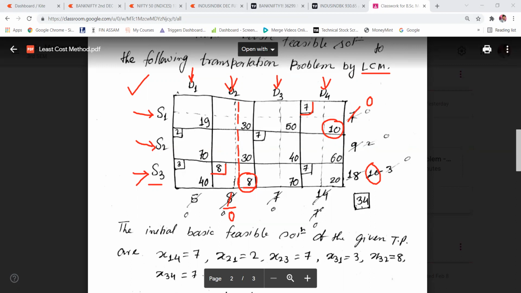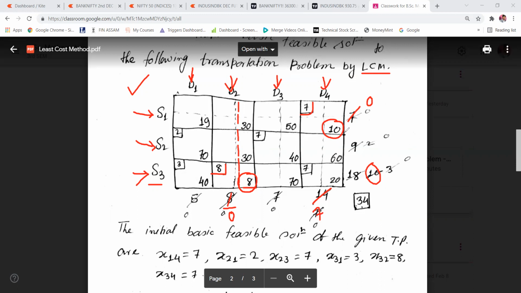After subtracting 7 units from 14, you get 7. So still 7 units you need to supply to destination D4. We'll check that later on. Right now we are able to make a 7-unit allocation to this cell.